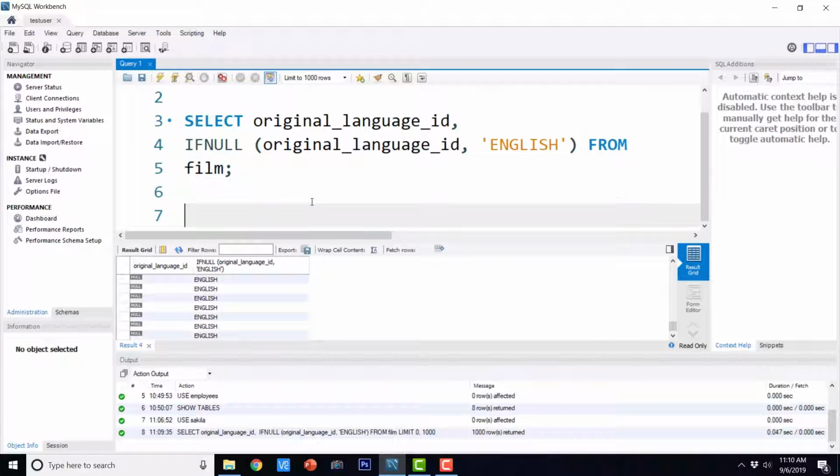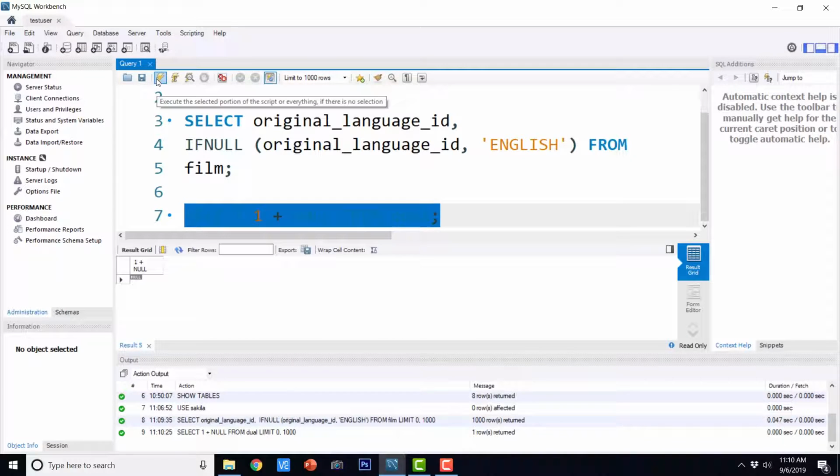So suppose you have something like SELECT 1 + NULL FROM dual, then probably it is going to give us the wrong results. See, it actually returns null.